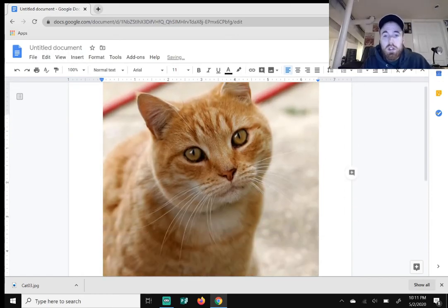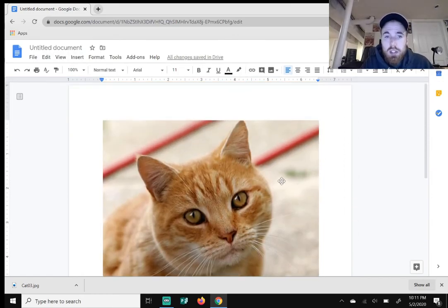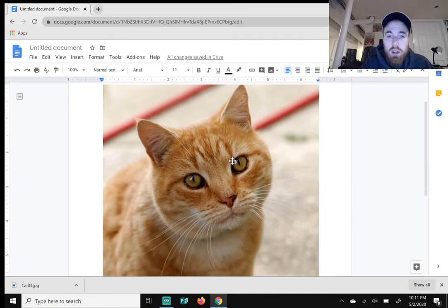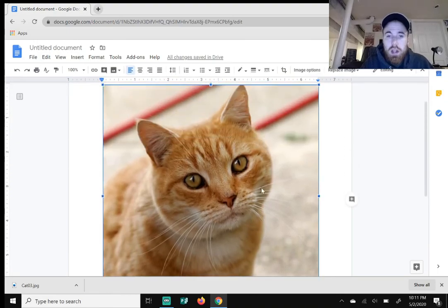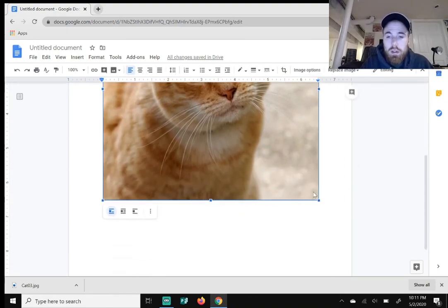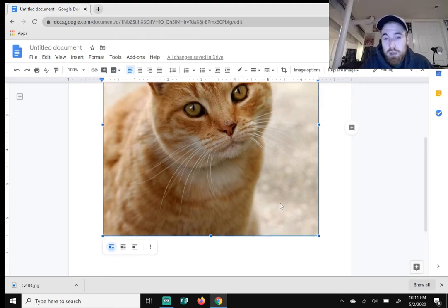As you can see, it imported the picture into Google Docs. Now, if you click on the picture itself, you'll see this white arrow up and down, left and right. Click on the picture, and it has this blue border around it. Now you can resize the picture. If you go down to any square, I'll go to this one, it shows the white arrows. Hold your mouse in,